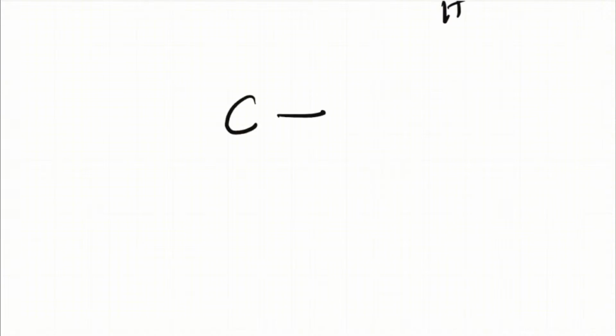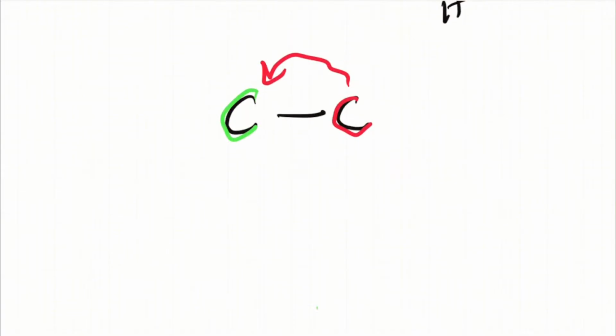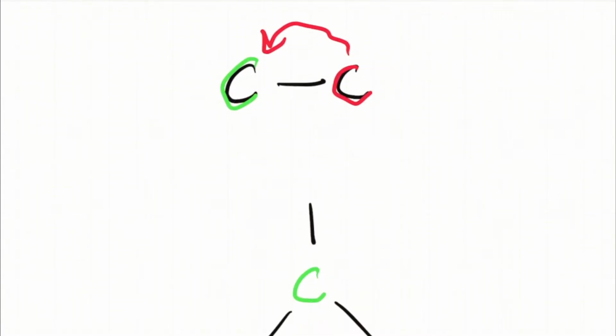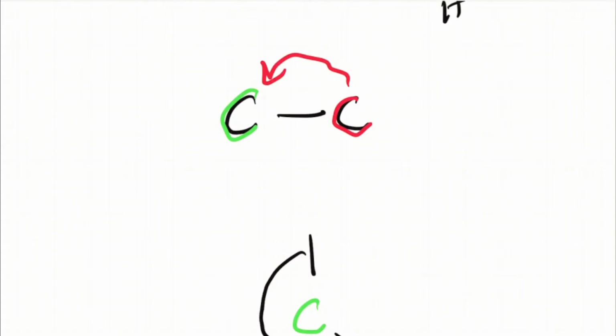So now, instead of looking at it from this direction, I'm going to take this red carbon and move it behind my green carbon. And so what this looks like is I'll put my green carbon in front, and I'll still respect that we have these angles of 109.5 between them, and I'll draw a little circle, a little circle, a little circle, and now behind it I have the red carbon with its bonds.